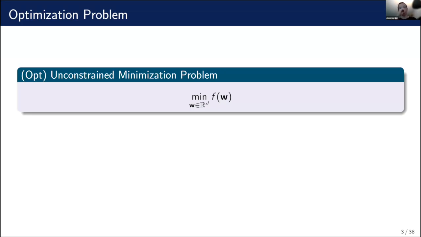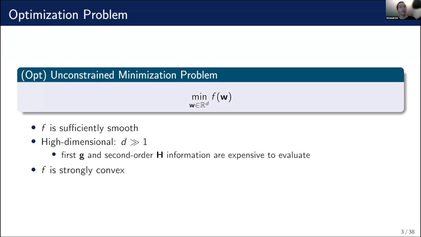where you have functions over W and you try to minimize it. Now, the setting, the context, is as follows. F is sufficiently smooth, probably the nicest condition you can have, meaning that you have the first order information and the second order information, the gradient and the Hessian. In this case, I'll be assuming that D is particularly large, so large that we only evaluate the gradient and